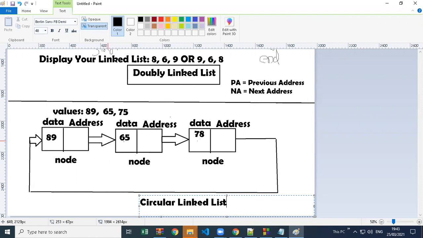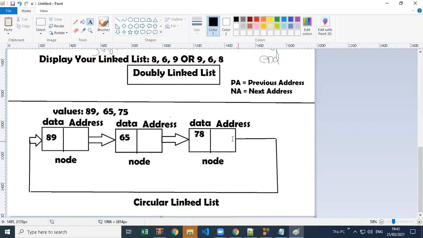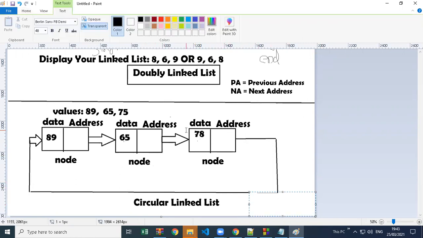This linked list is called a circular linked list. It's a singly linked list only, but in the last node, instead of leaving it null, we added the address of the first node. That's why it became a circular linked list.